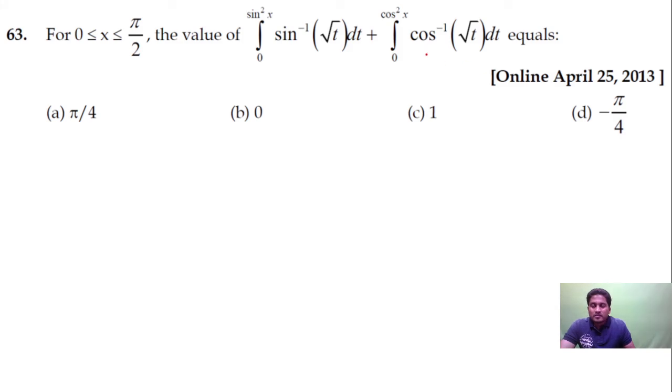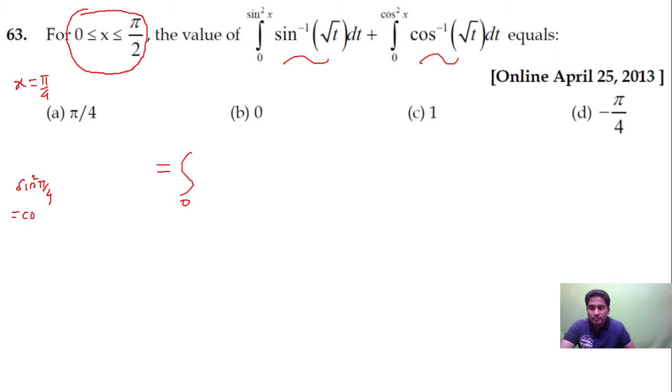Question number 62. Let's move to the next question, guys. It's given in the question that x lies between 0 and pi by 2. So between 0 and pi by 2, can I take x is equal to pi by 4? Obviously pi by 4 lies between 0 and pi by 2, closed at 0, open at pi by 2. You can take 0 as well, you get the same answer. You take pi by 3 or pi by 6, no problem, you still get the same answer. So I put pi by 4, sine 45 is 1 by root 2, so sine square pi by 4 and cos square pi by 4 are both equal to half.